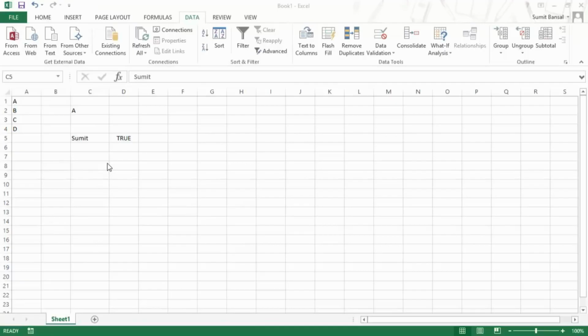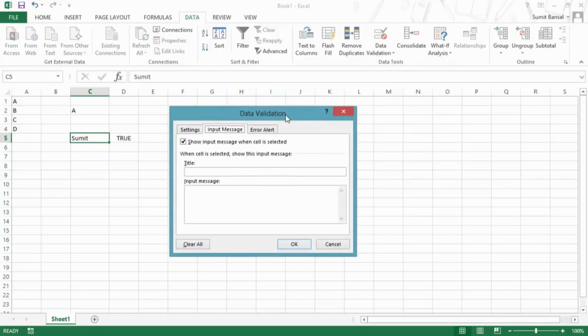When you have applied a data validation rule on a cell or a set of cells, you may want the user to know what kind of rules are applied and what kind of data is allowed in that cell. So for example, you may want the user to know that only dates are allowed in a particular cell, or only numbers from 1 to 60 are allowed. So to do that, you can go to data validation. Again, in the data tab, in the data tools group, you go to data validation, and in the data validation dialog